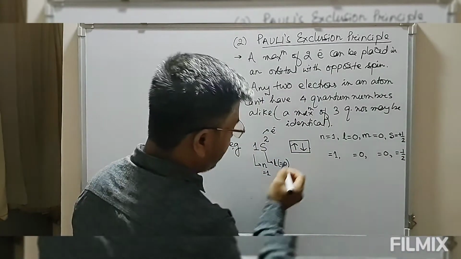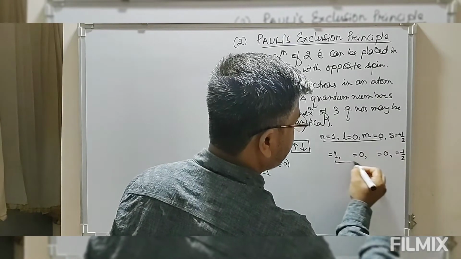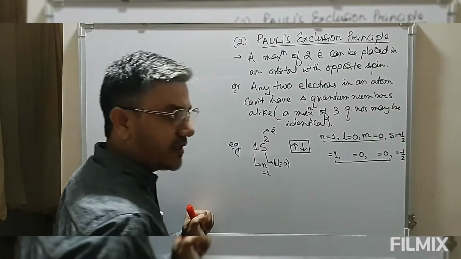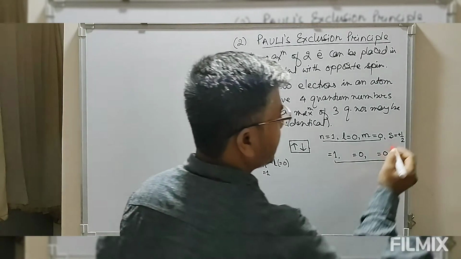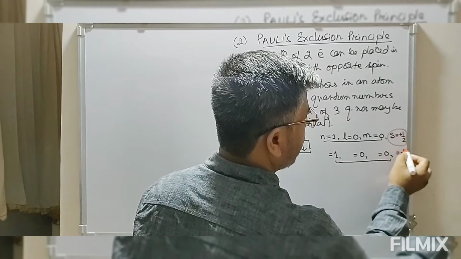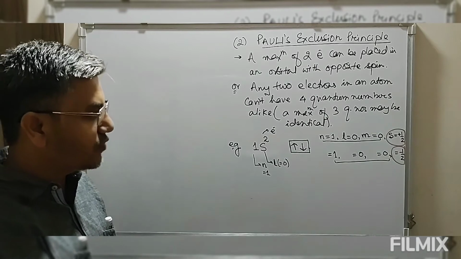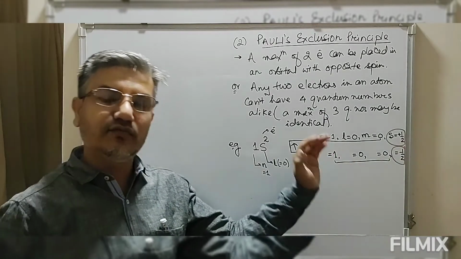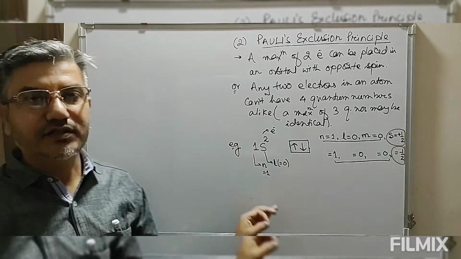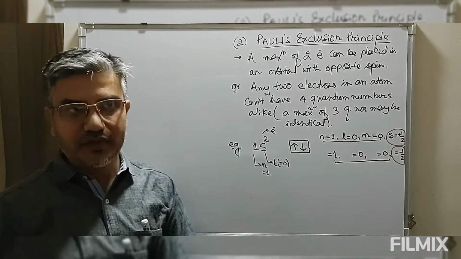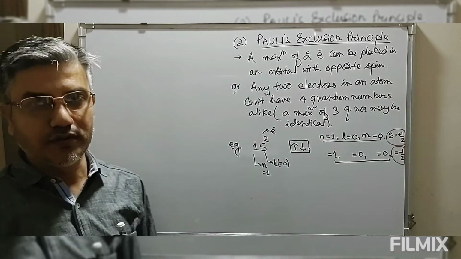So if you look at this, for both these electrons, the values of n, L, M are identical. So 3 quantum numbers are identical. But if you look at the fourth quantum number, that is the spin quantum number, one has plus half, the other has minus half. So a maximum of 3 quantum numbers can be identical, but the fourth quantum number has to be different while placing electrons in atomic orbitals. So this is what we call the second rule, Pauli's exclusion rule.